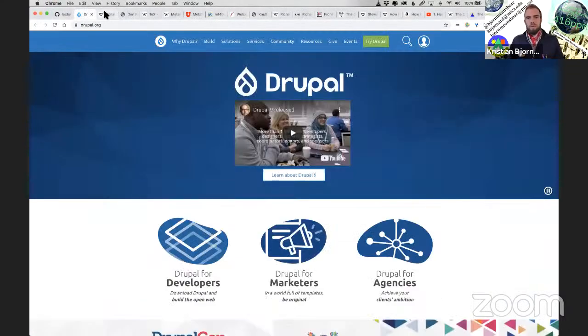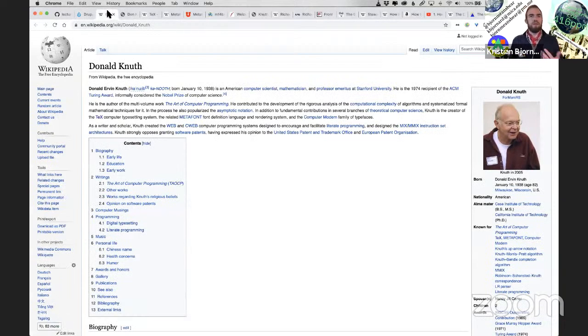Okay, so we got Drupal. As I learned more about open source, I found a couple of interesting anecdotes that made me wonder why more designers didn't know about these things. So I'll go through a couple of key things that lay the groundwork for what we're going to talk about, and also some interesting things that you might want to look into more